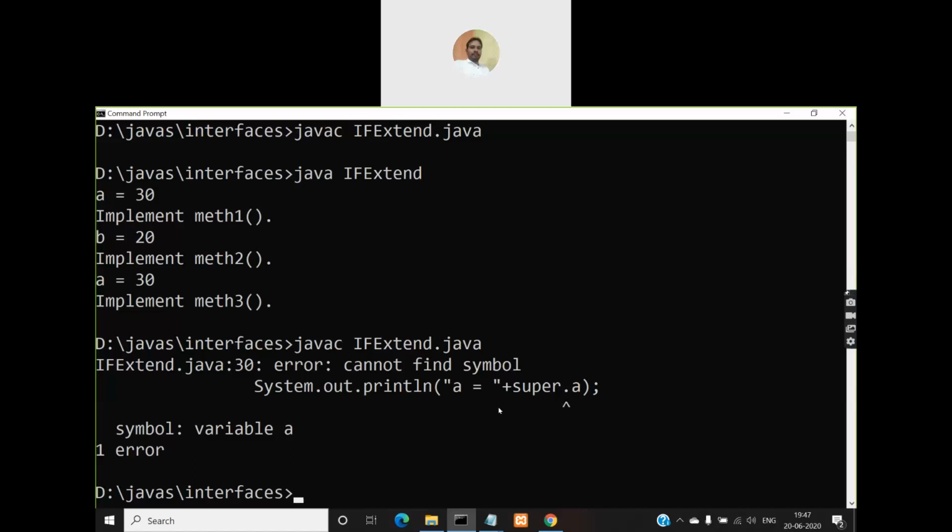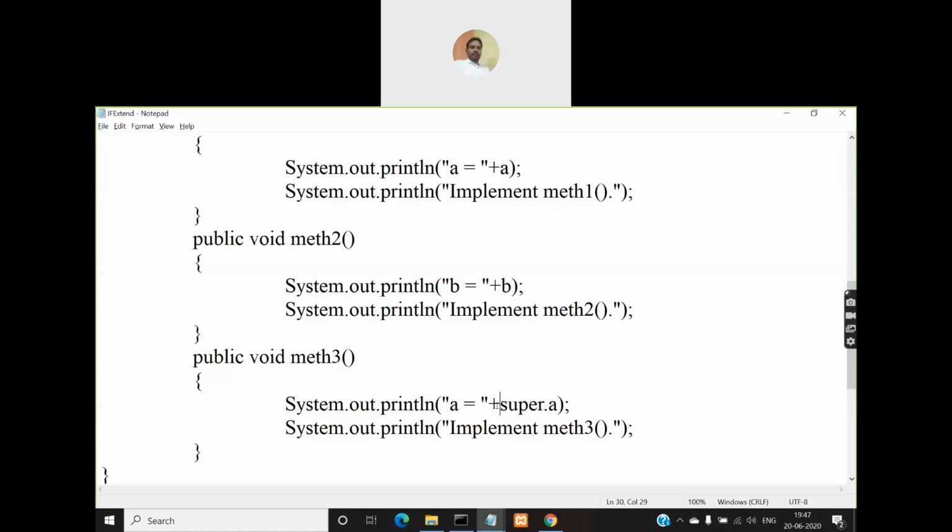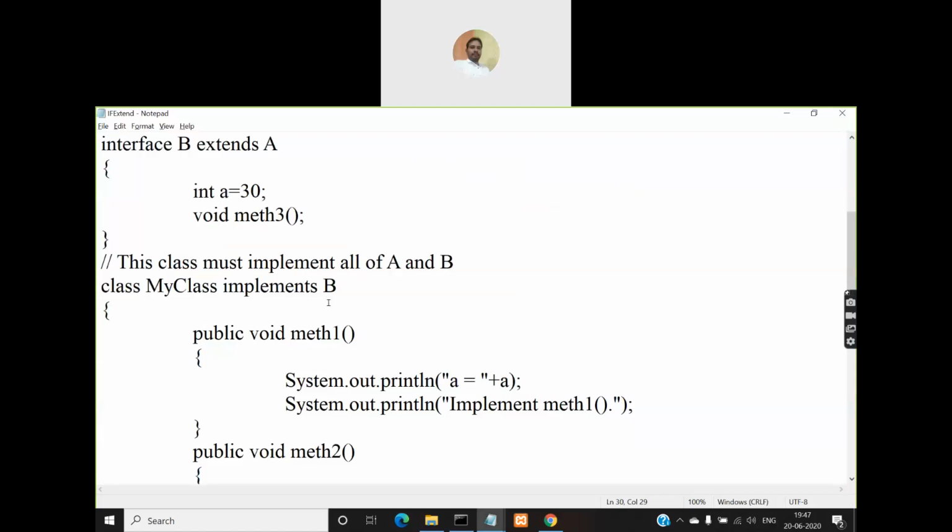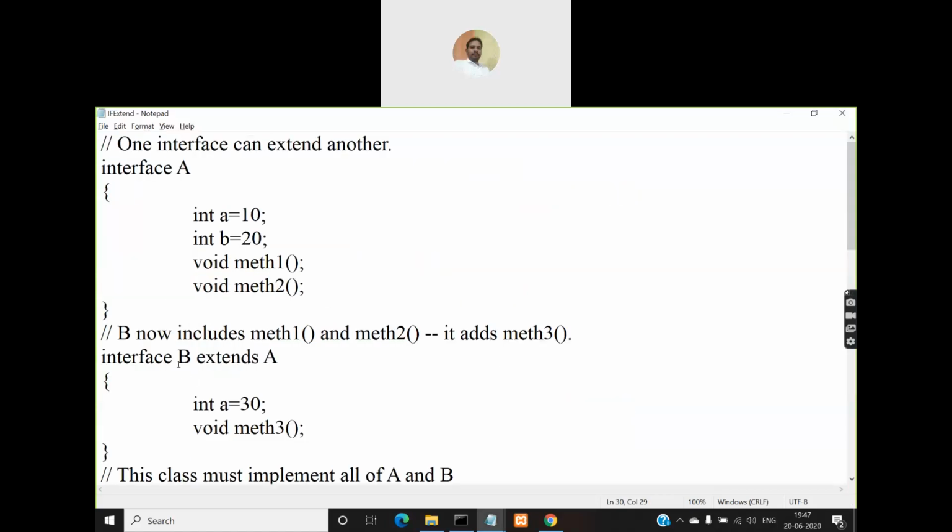So the solution is to create different variables in subinterface B with different names than those in interface A, because we have already used variable a in interface A. When you are extending interface A with B, don't use the same variable a again. So use a different variable name, c.